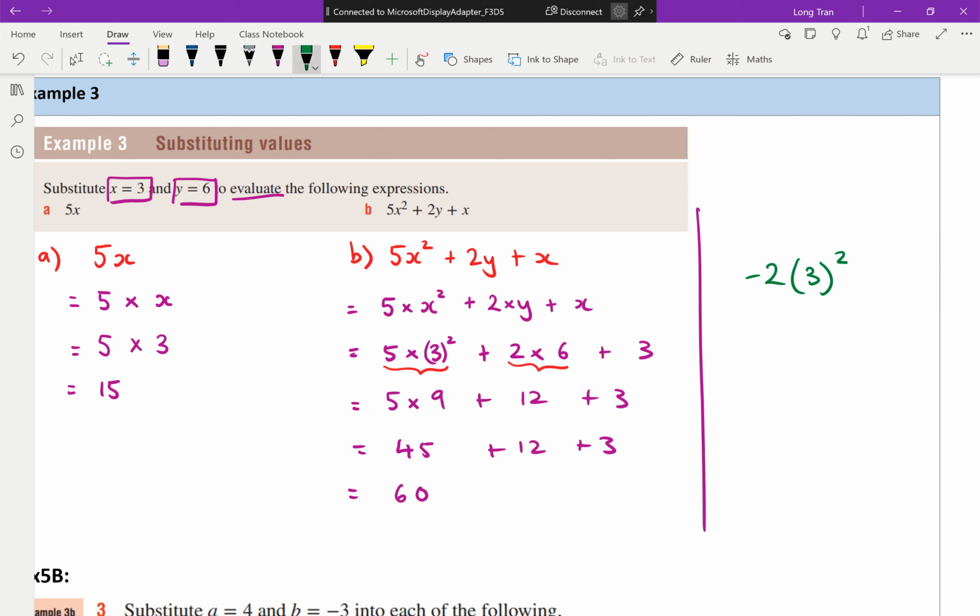Okay? It doesn't even have to be a letter. If you see something like this, have a look on the board. If you see something like this, I want you to understand that the -2 next to the bracket actually is a times. So even if we don't write it, it actually means times. We're just lazy to put it in. This actually means after you square the 3, which is a 9, the -2 over here,